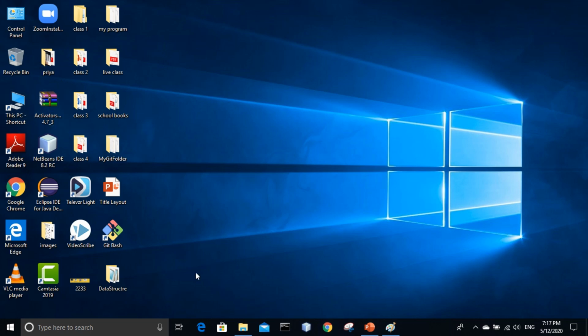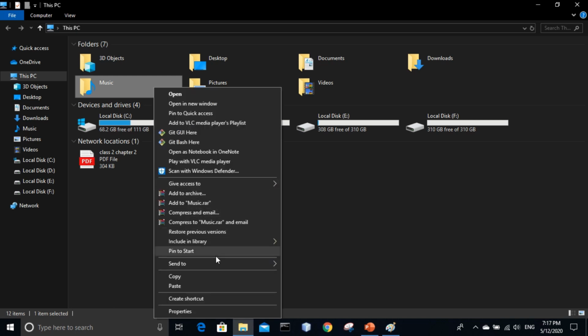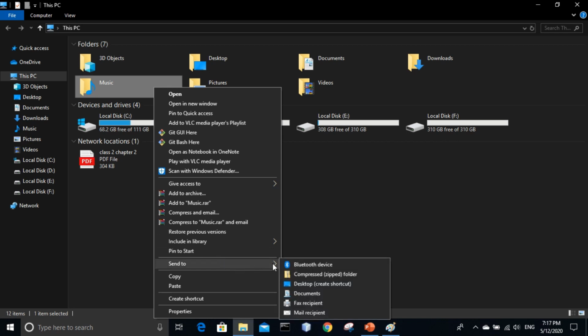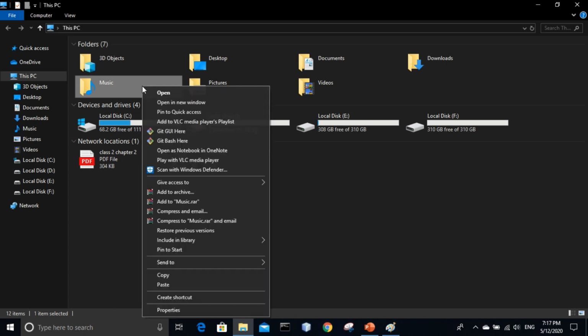Okay, now I am going to create a shortcut of Music. So just right click on it, Send to, Desktop. See, I am repeating this step. Click on Music, right click, then inside the pop-up you are having the option Send to.